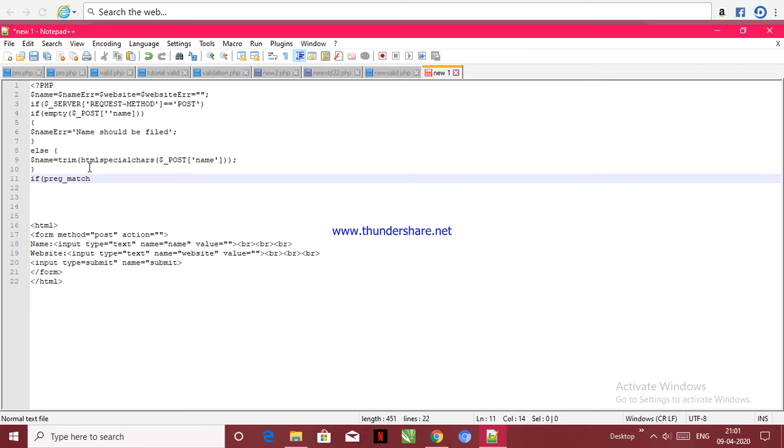This preg match function will be including all the meta characters that are required over here. I have sent you the notes for the meta characters already, so you can go and check over here why I have used the slash, why I have used this symbol, and I want this name field to only take small,